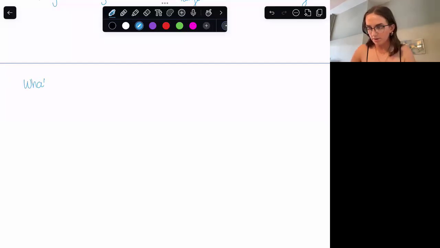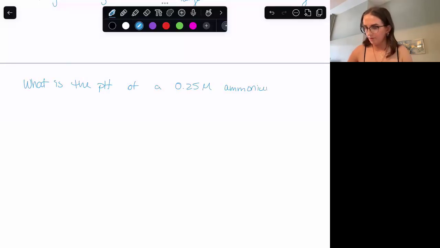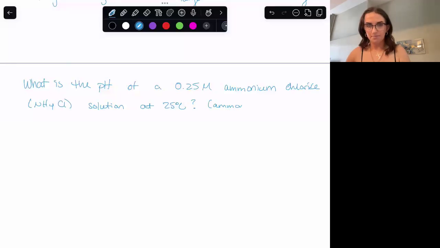What is the pH of a 0.25 molar ammonium chloride solution at 25 degrees Celsius? And we know that ammonia, NH3, has a Kb of 1.8 times